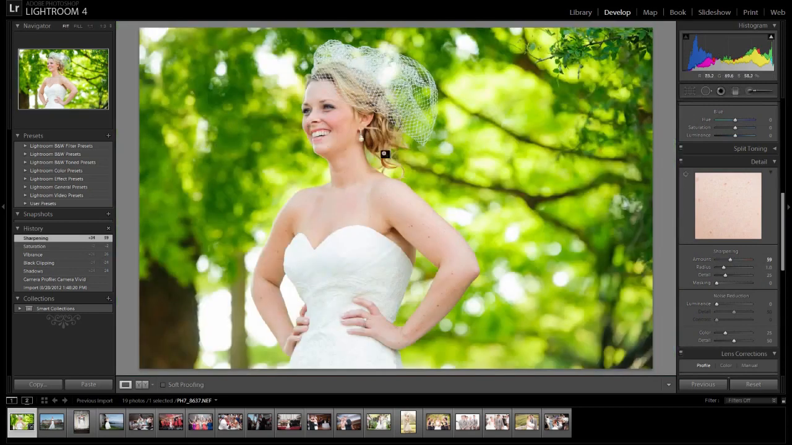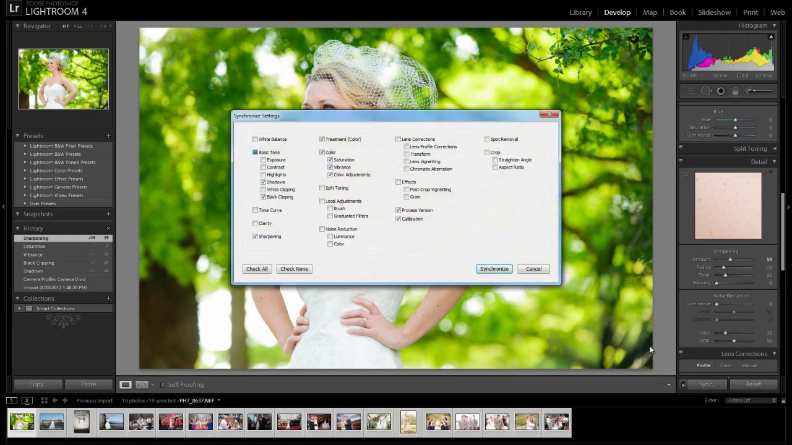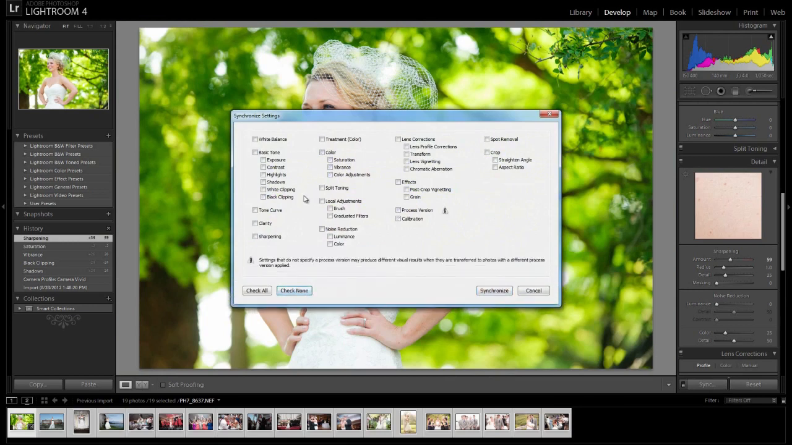So once I've done these basic settings, I will just hit Shift and select the entire wedding. So if I had 1,500 pictures or 3,000 pictures, I would select all of them. And then I would just hit Sync. And then I would check None over here, and I would only highlight the items that I just changed. So I changed under Basic Tone, the shadows, the black clipping. I also changed the sharpening. Under color, I did vibrance